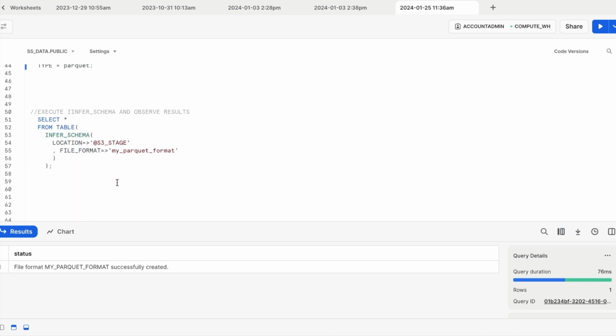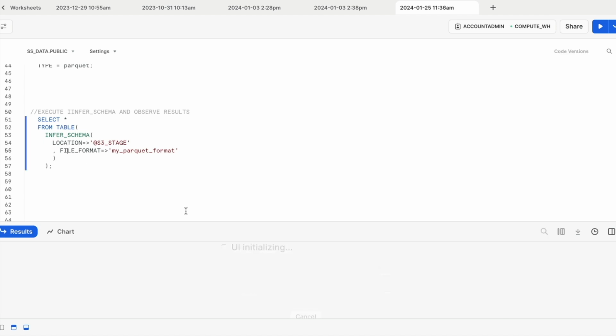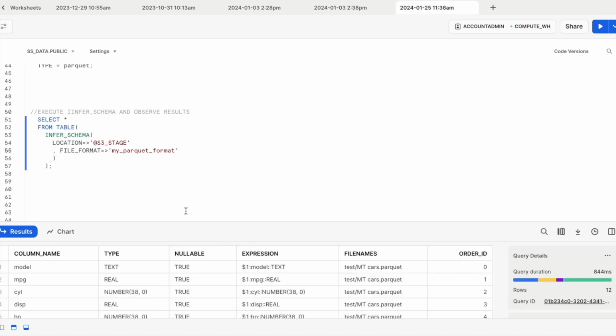Okay, so moving on now, we are going to run this function in Snowflake called infer_schema. It's a table function, as you can see, and we're going to pass in the location. So we're going to point into the stage. We're going to leverage that file format to tell it it's a Parquet file. Running this then,